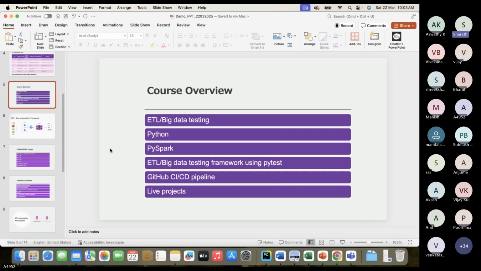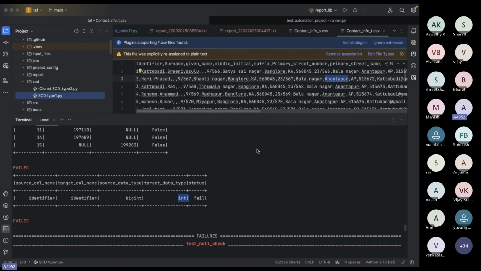Apart from Pytest, do we cover any other frameworks? Yeah, as I mentioned, I built almost 6 to 7 different frameworks. We can discuss multiple frameworks. The only problem is, if I discuss Python, Pyspark, and then the framework, it might take 2.5 months to 3 months. If I start one more framework, it will take another 10-15 days.